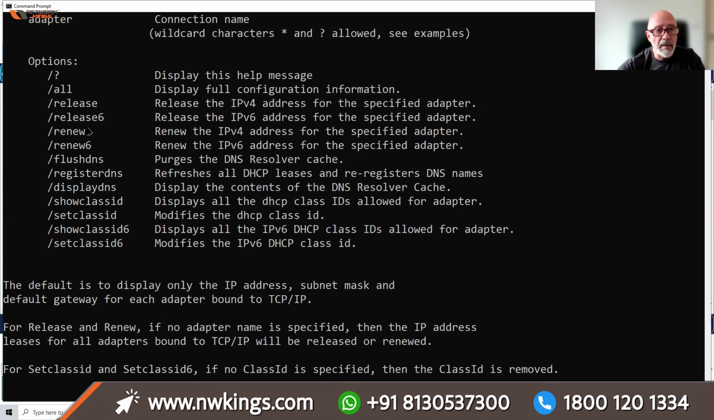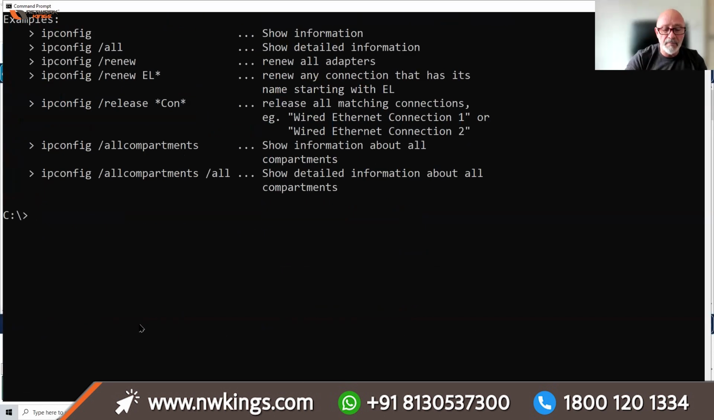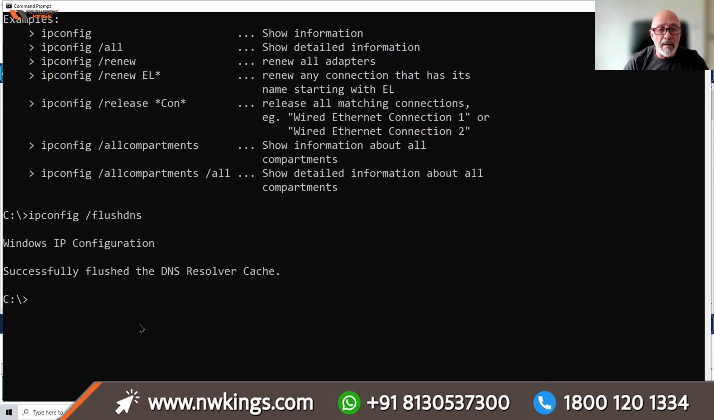No. Release, renew, flush. Here it is. My god, I couldn't think of it for the life of me. Flush DNS. If you're having issues getting to websites, you can go ahead and flush the DNS resolver cache. You get a cache every time you go on a website. So if you're having issues that you can't get to it, flush the DNS, and definitely